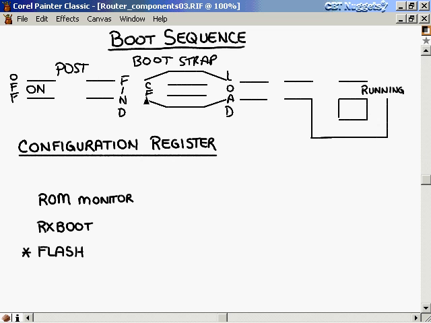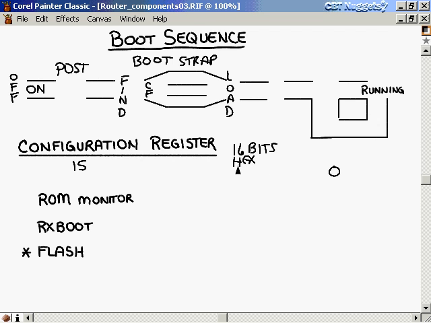CF is what we'll label it for now. And this configuration register has many responsibilities, but one of the responsibilities is that it is going to identify where you should look to find a valid IOS. But let's go over the configuration register in more detail before we move on to that choice for the valid IOS. Let's talk about it. It's 16 bits in length, which means that you have a range of 0 through 15 in your placeholders for bits. It is also represented in